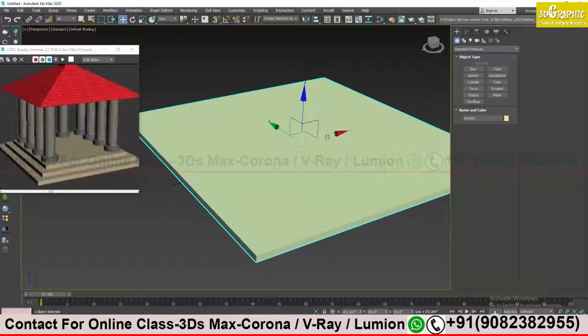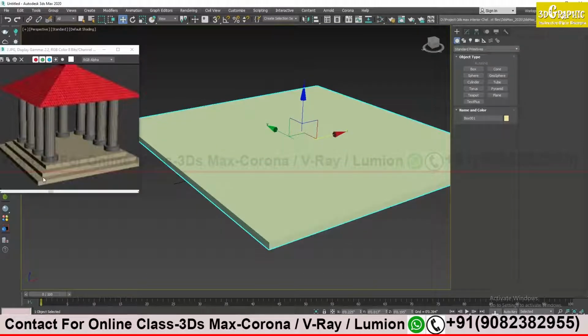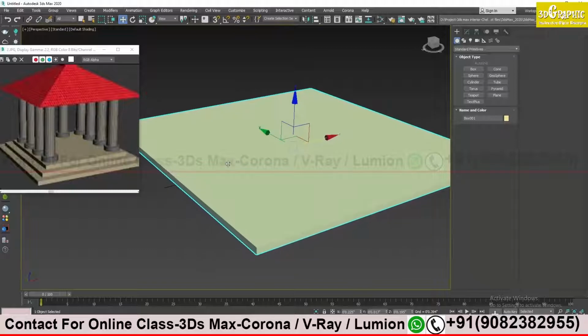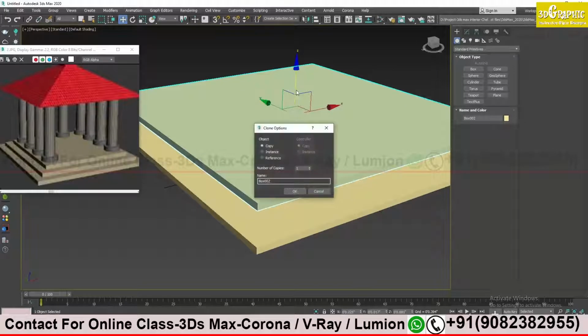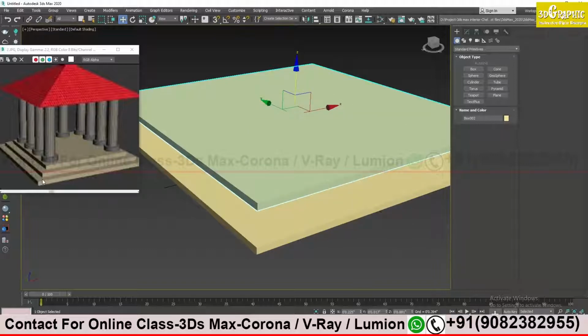Okay, so when my base rectangle is ready, now I have to make a copy of it to make the second rectangle. Okay, so it's very simple. I will press the Shift key and then click and drag my object in one direction, in my case in the Z direction. Let's do this. See, I made a copy of it, and I release my left mouse button, and I will select Copy. Okay, now as I can see, our box is a little smaller, a little shorter.